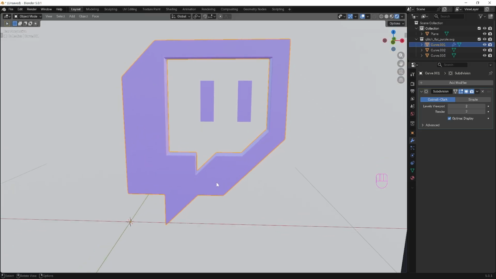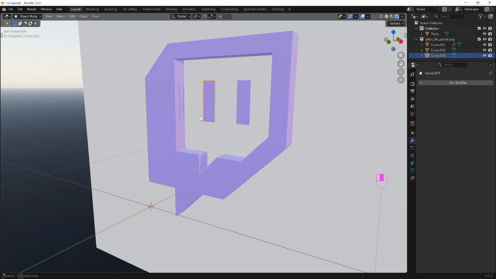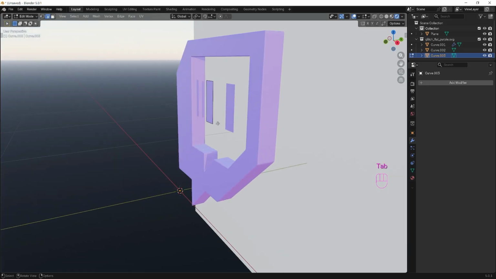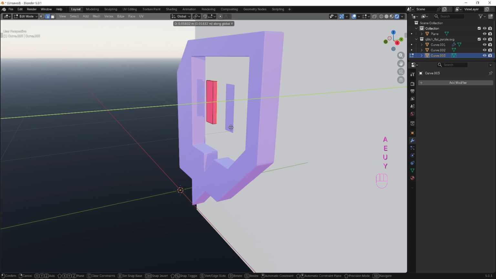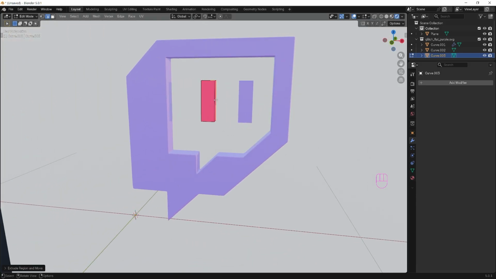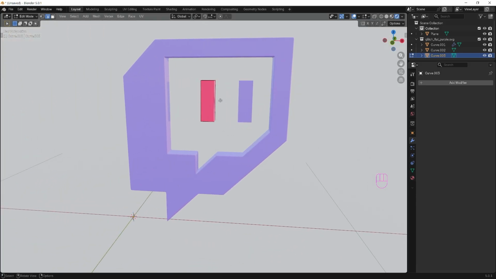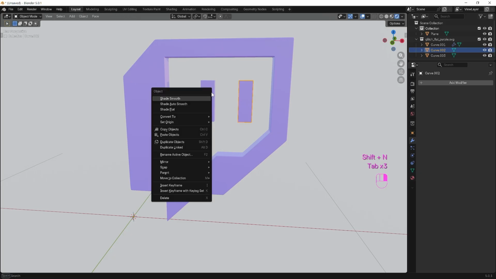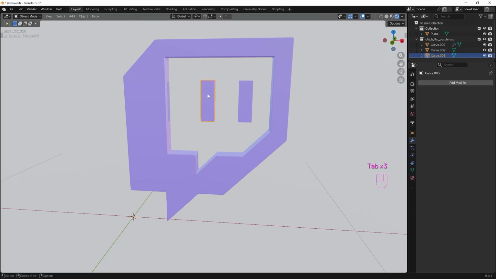We will also extrude the eyes, so select one eye, tab into Edit mode, press E and Y to extrude along the y-axis. Then type 0.05. If you want, you can create control loops around the edges, like we did with the face. But I want the eyes to be rounded, so I will leave it without the support loops. I will only add one loop cut across like this. Tab back into object mode, right-click and shade smooth. Then press Ctrl and 2 to add a subdivision surface modifier.